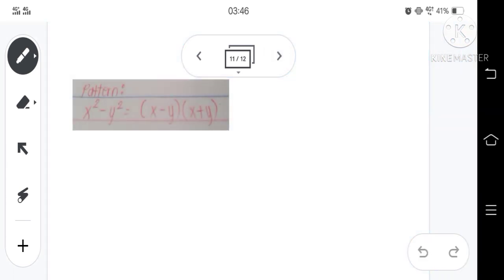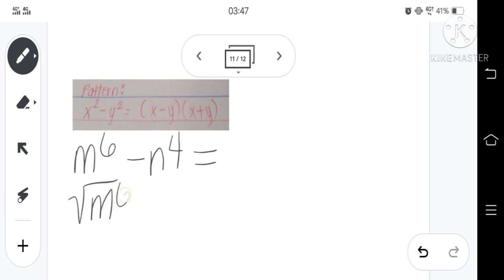Another example, which is my last example. m raised to 6 minus n raised to 4. Look at the exponent. It is greater than 2. So, how to find the square root or principal root of these expressions? For the solutions, the square root of m raised to 6 is equal to